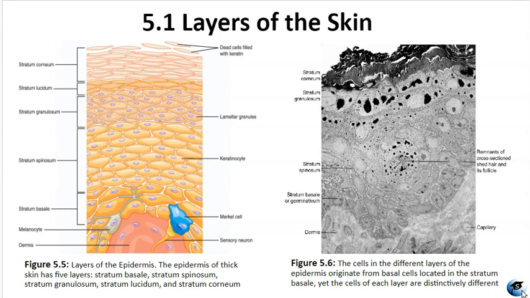The stratum spinosum is spiny in appearance due to the protruding cell processes, and it includes Langerhans cells that function as macrophages, which help protect us as part of the normal immune system functioning. The stratum granulosum has a grainy appearance, and its keratinocytes produce keratin. It is a thin layer, only 3 to 5 cells thick, in which the cells start to flatten out and